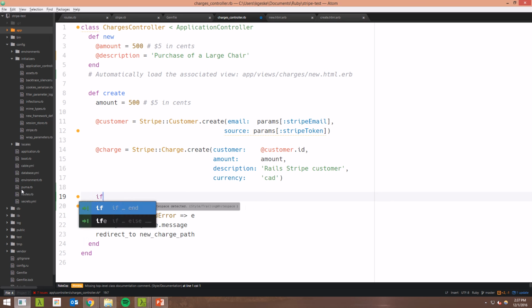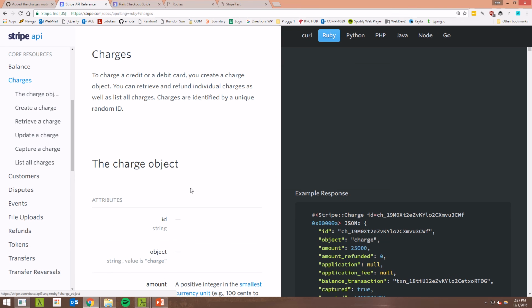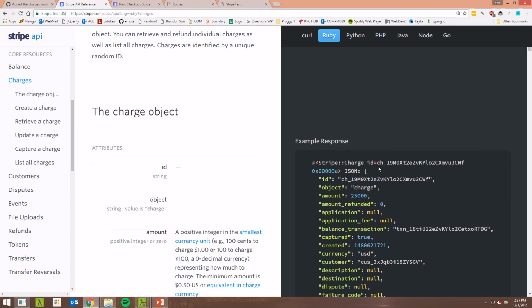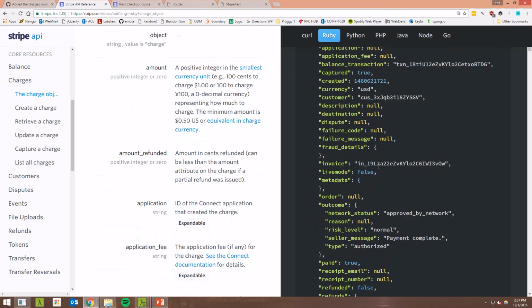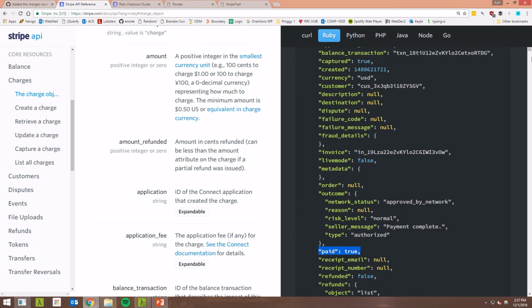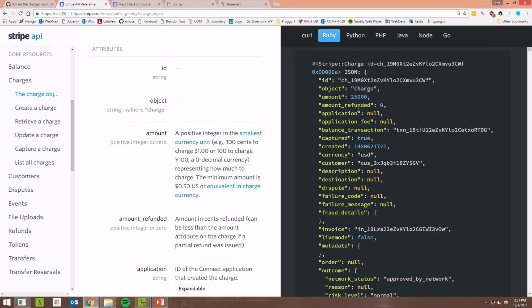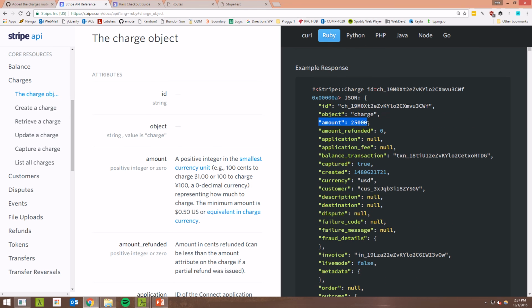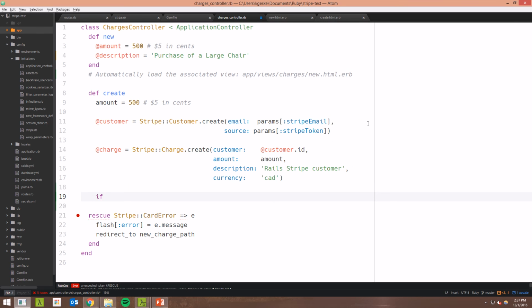Again, in the API, there's two things we would probably want to check. We'd probably want to check to see if the paid attribute was true. And we might also want to verify that the amount that we received from the customer was the same as the amount we actually asked for. And that would be to reconcile against some kind of attack where we were actually paid less than we requested. So we could say something like if charge.amount is the same as amount and